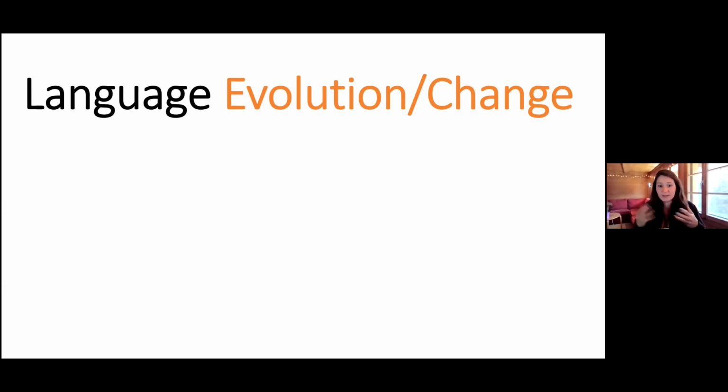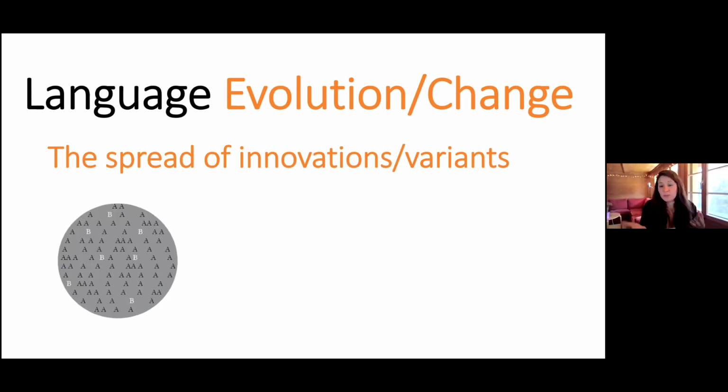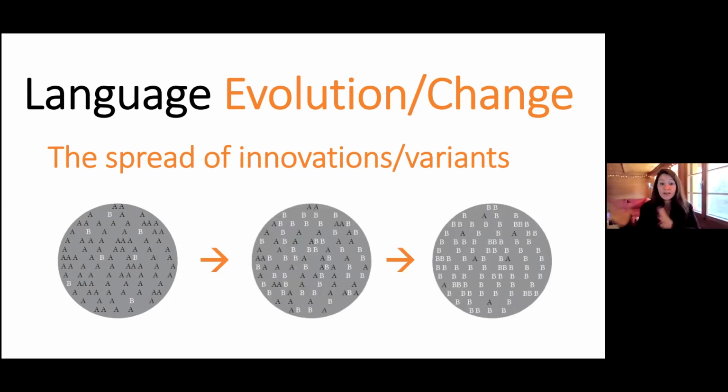We can think of language evolution or language change as the process in which linguistic innovations or variants emerge and then spread. In the case of the cultural evolution of language, the story is pretty straightforward: people innovate all the time. They randomly or intentionally produce new sound variants, create new words, use new grammatical constructions, but only some of these variants are then going to be adopted by others and spread to the entire community.